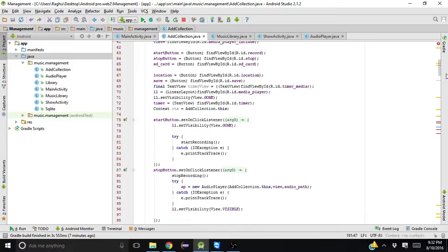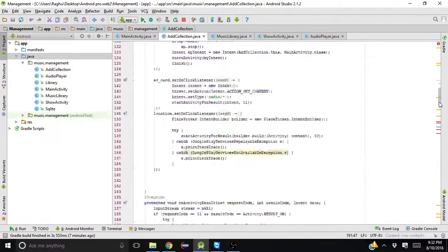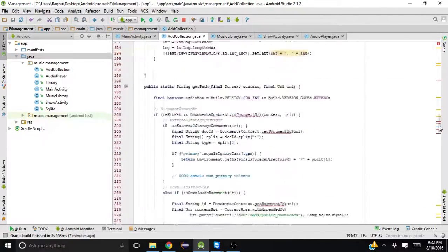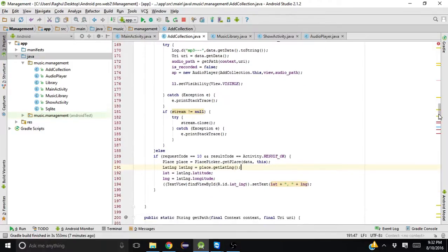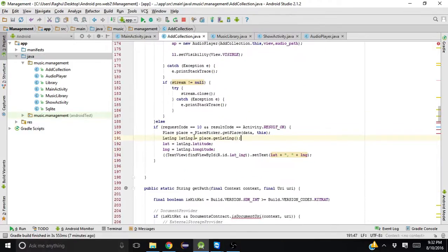So I'm going to show that code. That code is here. You can see that this code helps us to add the location where a live concert is going on. So now we look at the code for recording. For recording your music,